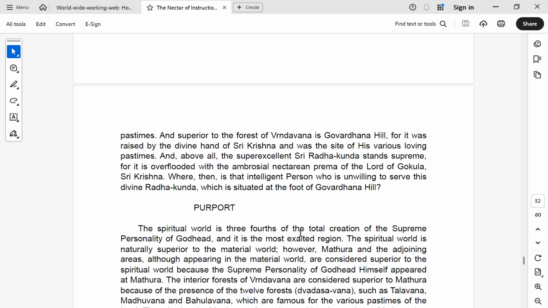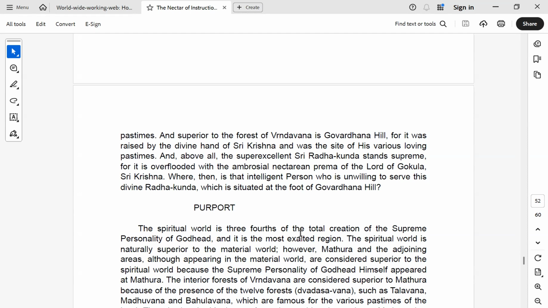But as I was saying, please don't judge this Vaikuntha as, oh, this is a lower place, this is useless. No. As I was saying, different spiritual planets are perfect, more perfect, and most perfect. Right? So this Radha Kund, to give you a